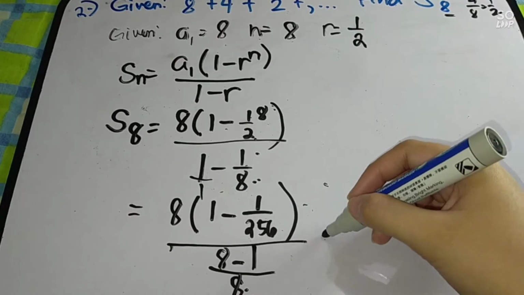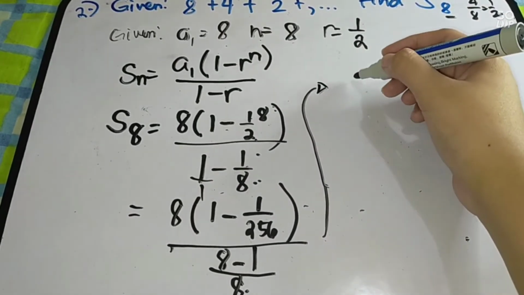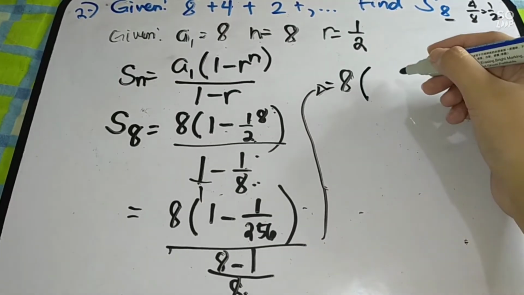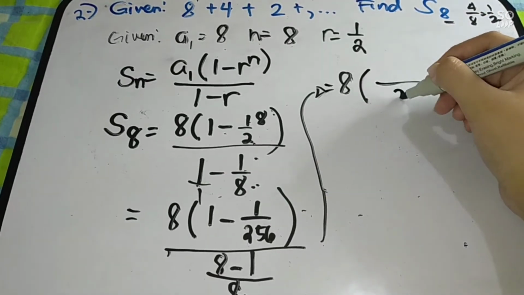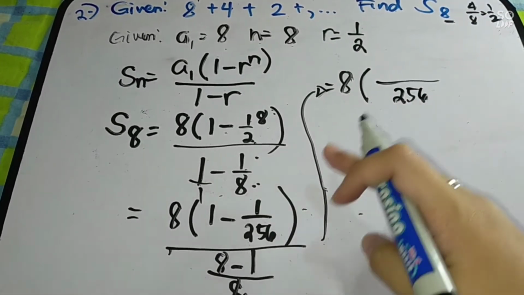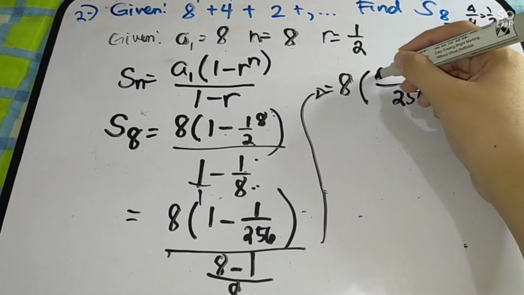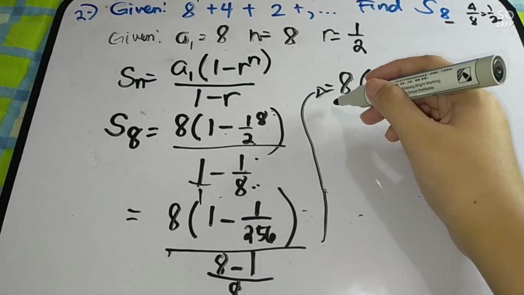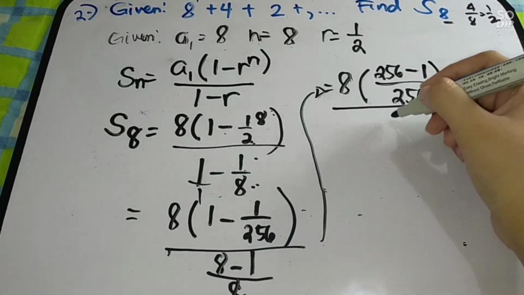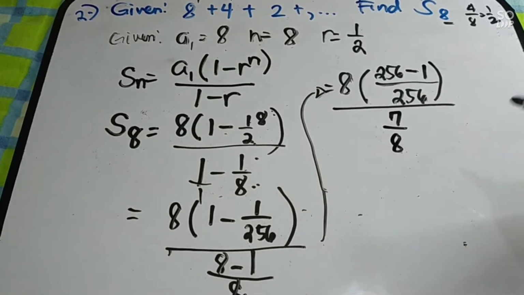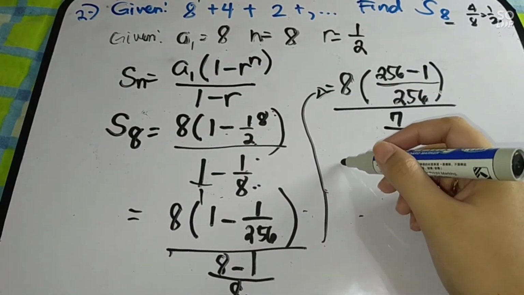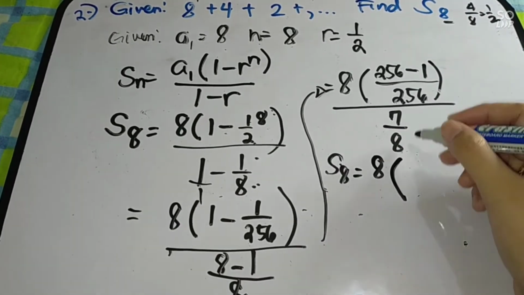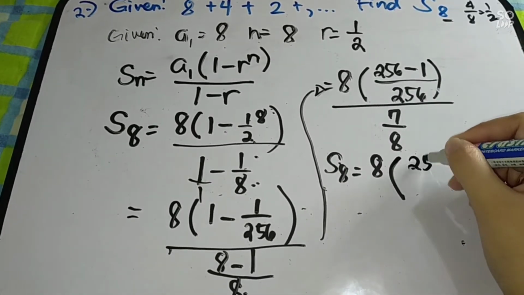Then, this one, simplify mo lang din. Lagay na natin dito sa taas. So, you have here 8. Just copy 8 here. It is equal. Then, multiplied by LCD nito. That is 256. 256 times 1. That is 256. Minus, just copy, minus 1. Yan. Then, over. Ito, simplify mo. 8 minus 1. That is 7 over 8. Then, eto na tayo. So, you have your S of 8 is equals to 8 times. Ito ay 256 minus 1. That is 255 over